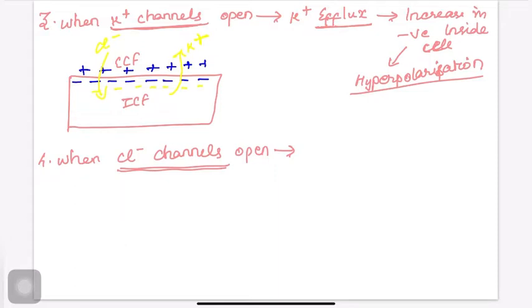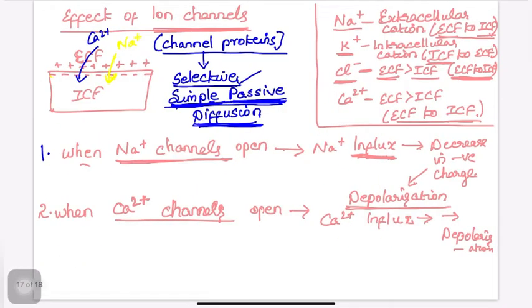As chloride is negatively charged, more negative charges are moving inside the cell. What happens to the inside negativity? The inside negativity will increase. So what does it cause? It causes hyperpolarization, right? So when chloride channels open, chloride influx will happen, as the concentration gradient is from ECF to ICF. Chloride influx will cause hyperpolarization, an increase in negativity inside the cell. Okay, understood what hyperpolarization is, what depolarization is, and the effect of various ion channels